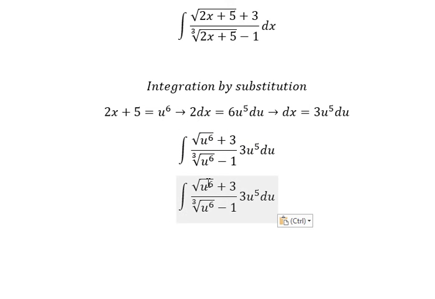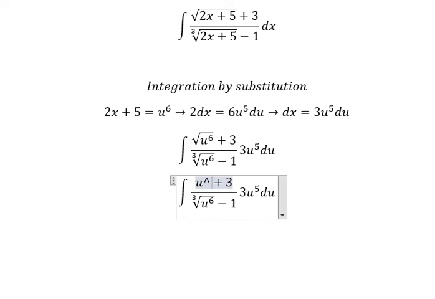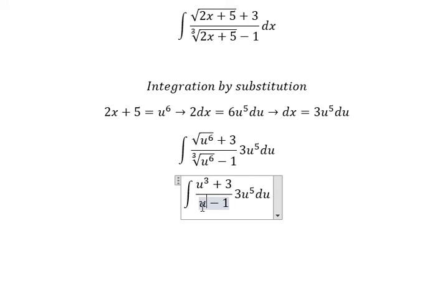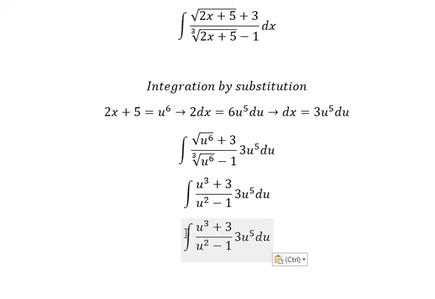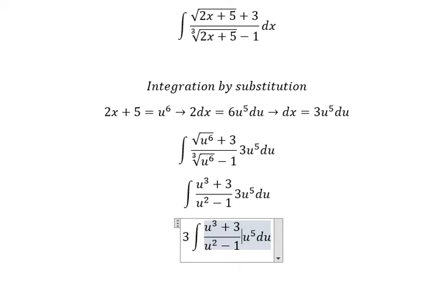U to the power of 6 under the square root, we have u to the power of 3. U to the power of 6 under the cubic root, we have 6 divided by 3, we have u to the power of 2. So we put number 3 outside. U to the power of 5 multiplied by u to the power of 3 and number 3. So we have u to the power of 8